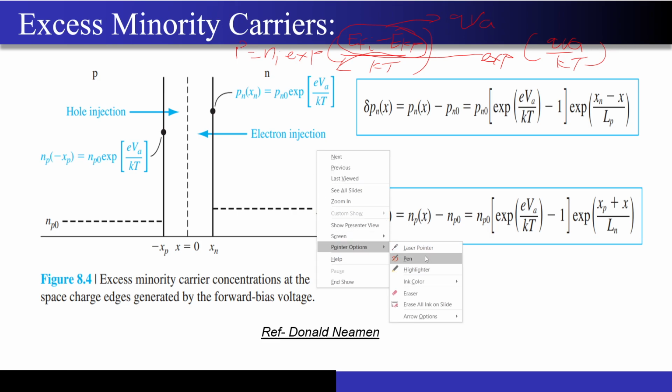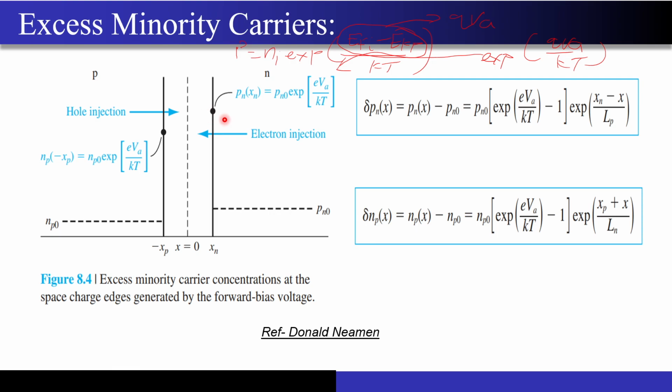And now once we found this is the concentration we have for the holes, what did we say? Now let's substitute this. These holes that are present over here are the minority carrier concentration, and as they try to move from this dot I am presenting towards the right side, they will recombine heavily because there are a lot of electrons present on the right side, right? So this is the equation that gives you that decay, right?